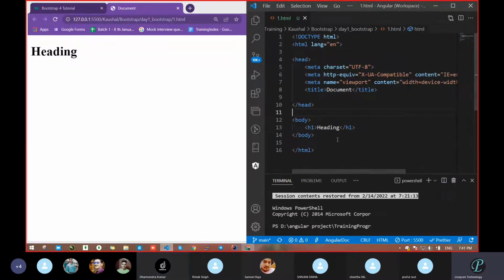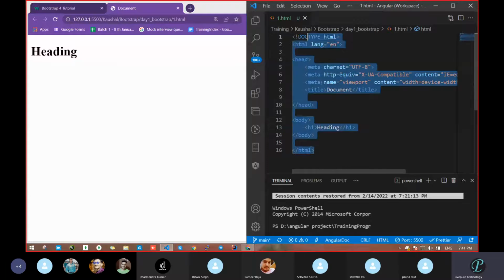Suppose you had written 500 lines of code here, and each line of code takes 1 second for execution, then it will take 500 seconds. Correct or not? Execution means whatever we are getting on our UI, it goes line by line.